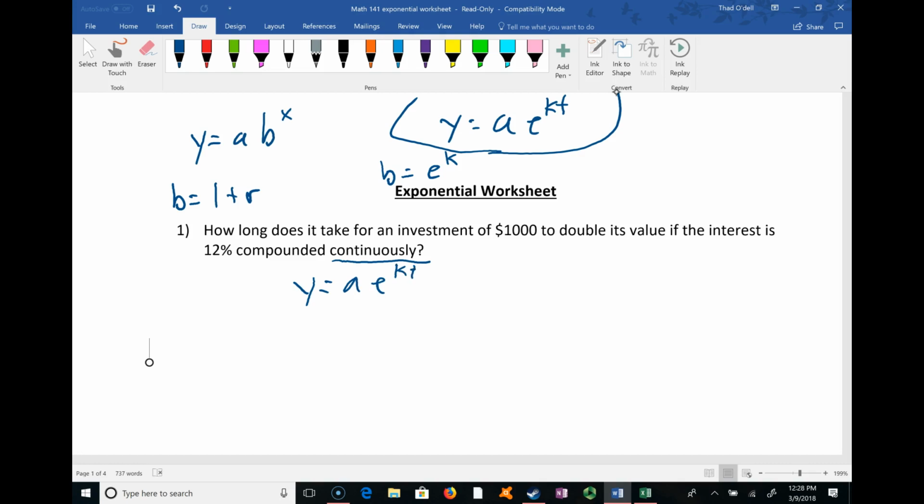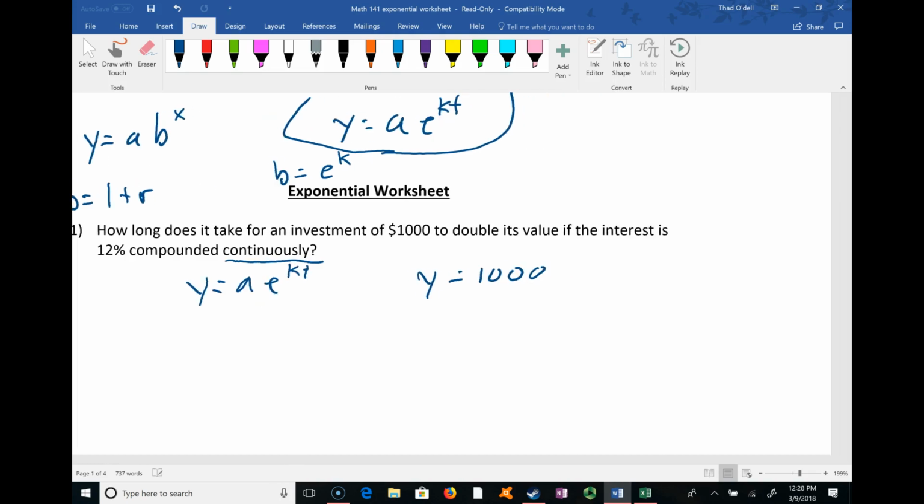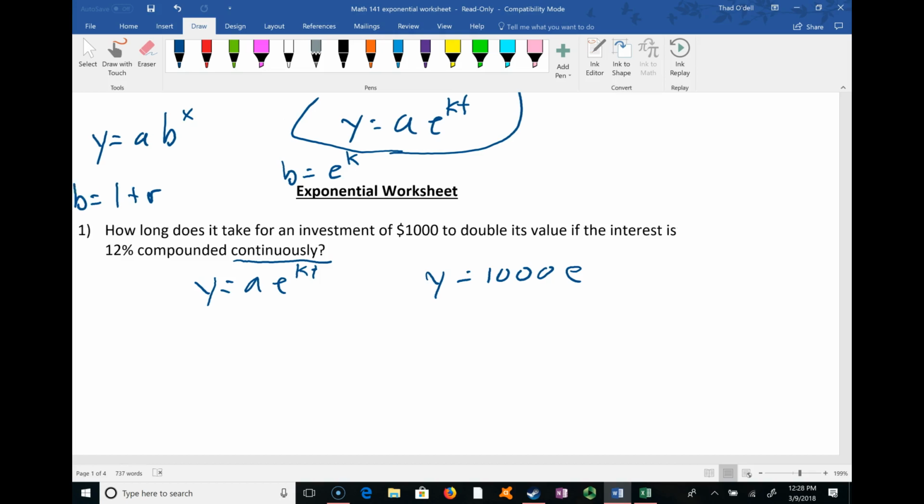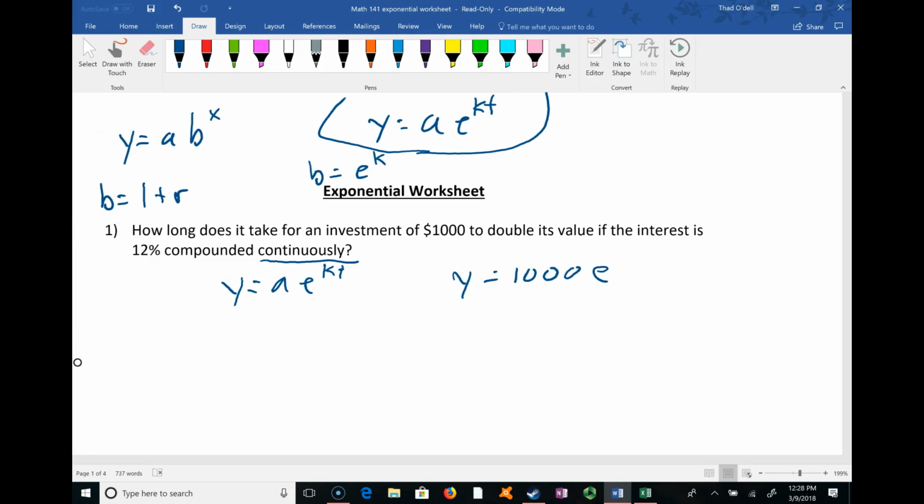First I'm going to write the equation, and then I'm going to use that equation to solve the problem. In this equation, a is supposed to be a number, e is a number, k is supposed to be a number, t is your independent variable, and y is your dependent variable. So if I was to write an equation to meet this situation, the initial investment is $1,000, so that would be y equals 1,000. That takes the place of a. e, of course, is just e. Now the k, it says the interest is 12% compounded continuously. So that 12% is the k if we write it in